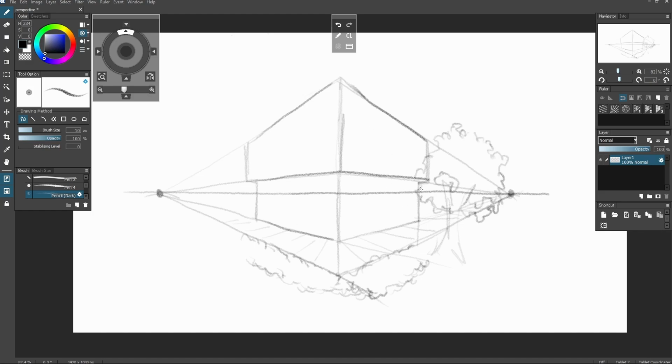Okay, so we have a simple tree. Let's just erase a bit so that it doesn't interfere with our building right there. Okay, a simple tree. Let's make a bush right there. Alright, so this looks good. We can also do what we sometimes see at those very cool modern pathways, like those cylindrical lights, I would say. Okay, so now that we have a little bit of an environment going on, let's just focus on